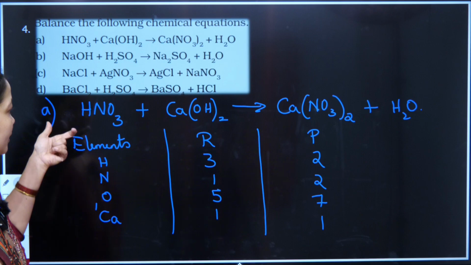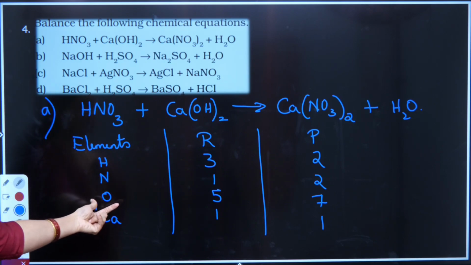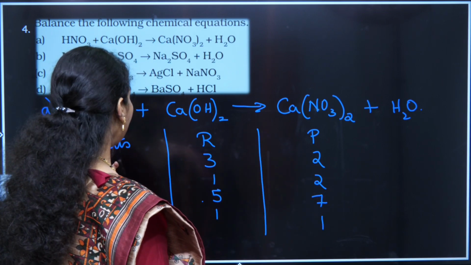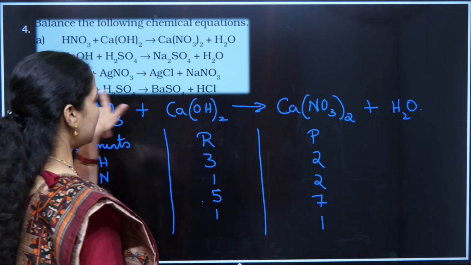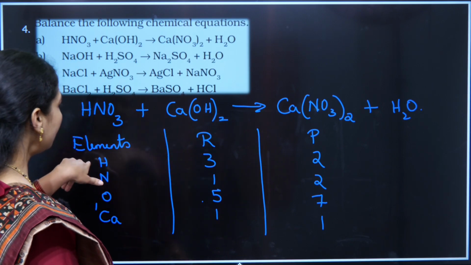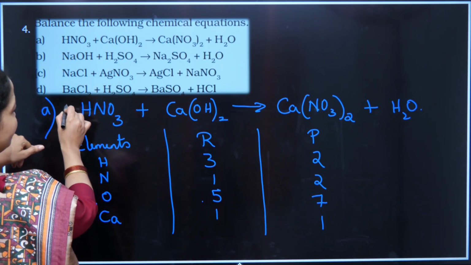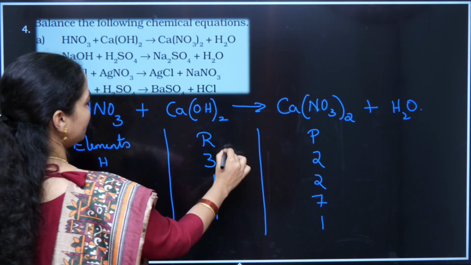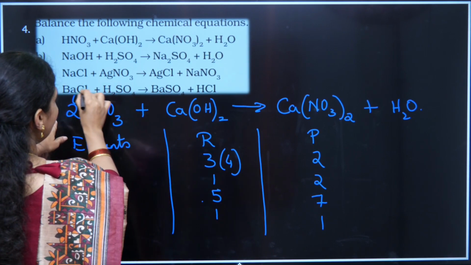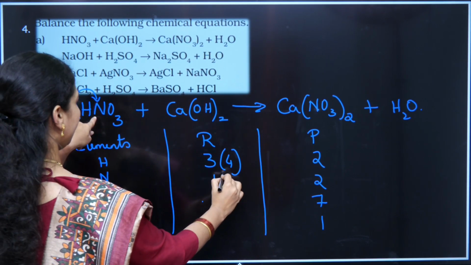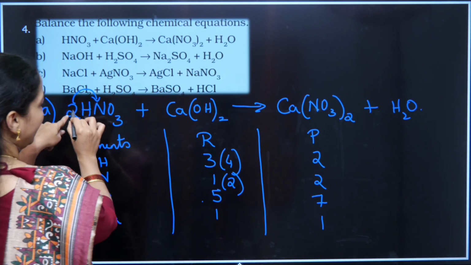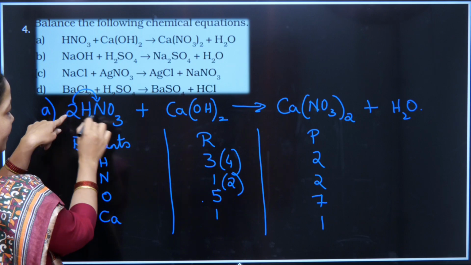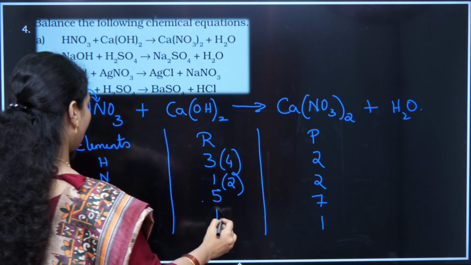Now I can make out that oxygen is an odd number here, and odd here also. So I'll strike with hydrogen. Hydrogen is 3 in this case, 2 in this case. So I'll make this the next even number, that is, multiply this with 2. Let us check what is happening. When I multiply it with 2, 2 plus 2, 4 hydrogen. This hydrogen is changing the count of nitrogen. Nitrogen is turning 2. This 2 is changing the count of oxygen also. Oxygen is turning 6 here and 2 here. So oxygen is turning 8.